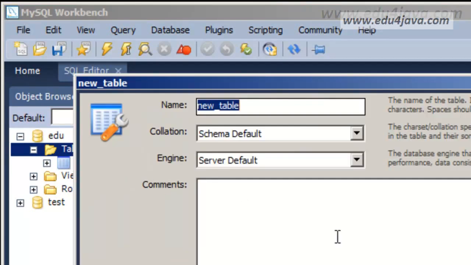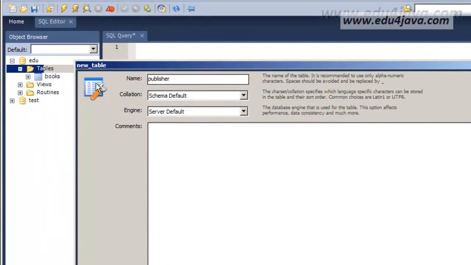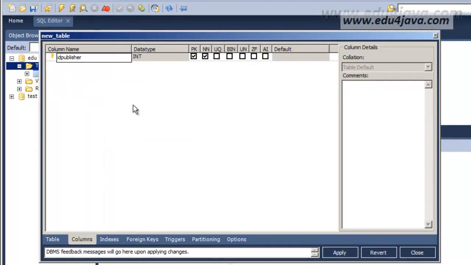Let's create a new table now. Right button on the mouse, create table. We're going to call it, for example, publisher. We have a table called books, and now we want a table with the publishers of the books. Now we go to columns and we can see that automatically the application has written an ID publisher,